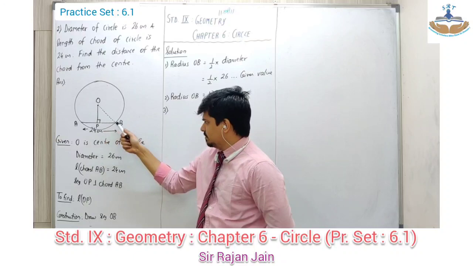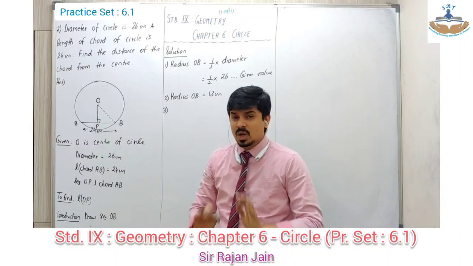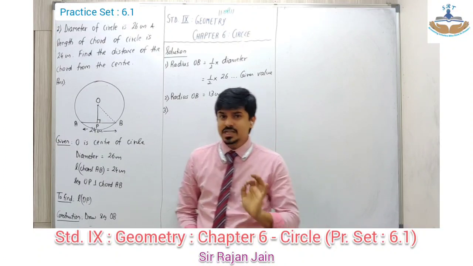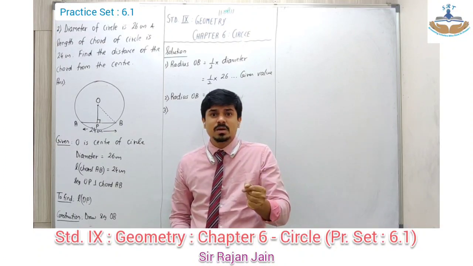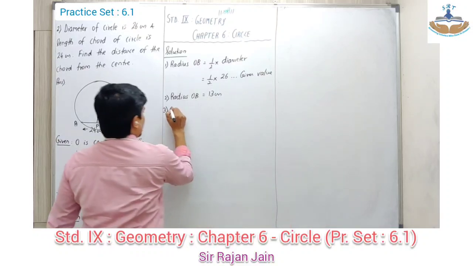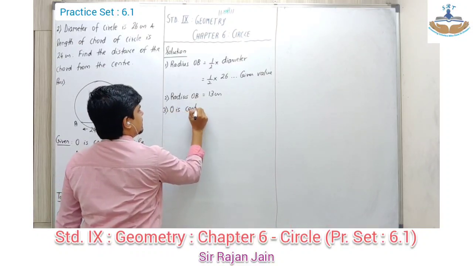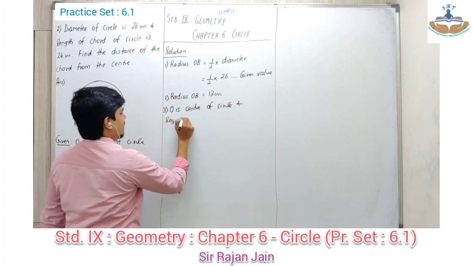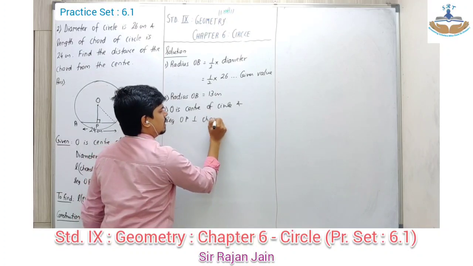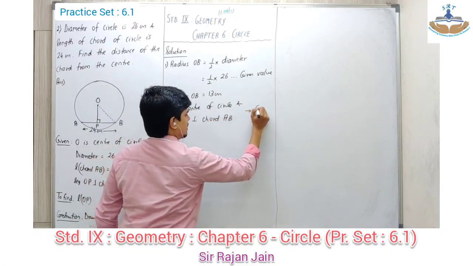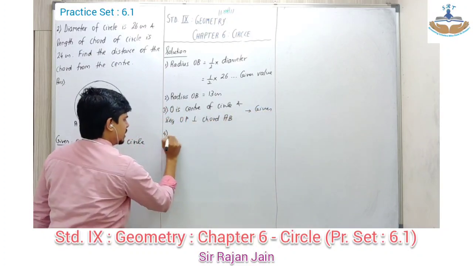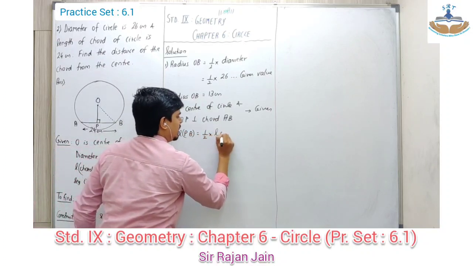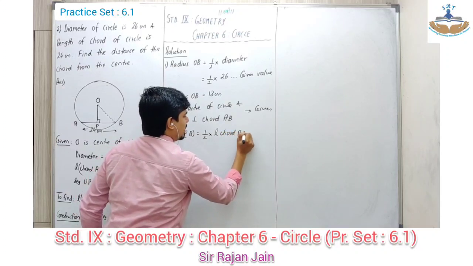Now I want PB. PB is half of AB because of the theorem. कौन सा भी theorem का conclusion directly नहीं लिख सकते. First I write the condition. Condition is what? From the center there has to be a perpendicular on the chord. So I say O is center of circle and your segment OP is perpendicular to chord AB. This is given. ये हो गया मेरा condition. Therefore, now I can conclude length of PB has to be half into length of chord AB.